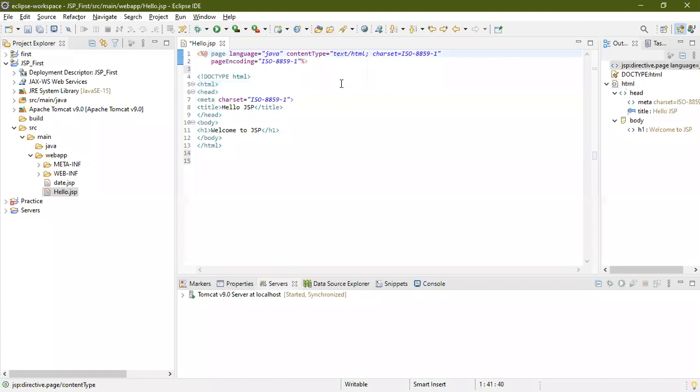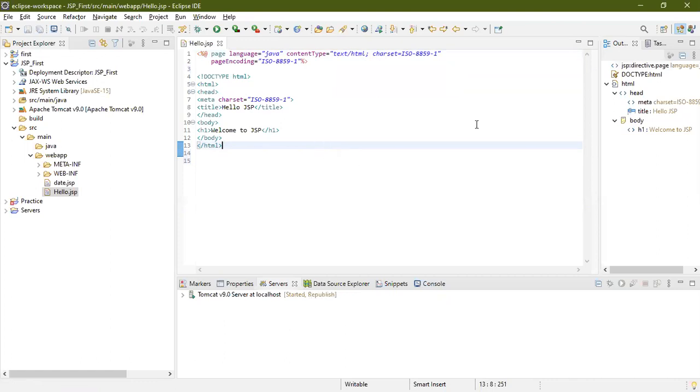And what content type are you using? Text slash HTML content. This is all text content and also HTML content, so we need to specify that. You need to specify the character set and also the page encoding. These are the basic standard page encoding and character set that you use here. This is how you write JSP pages.